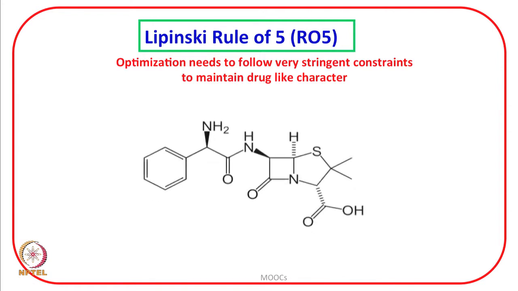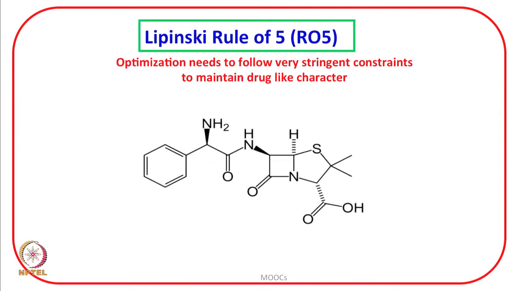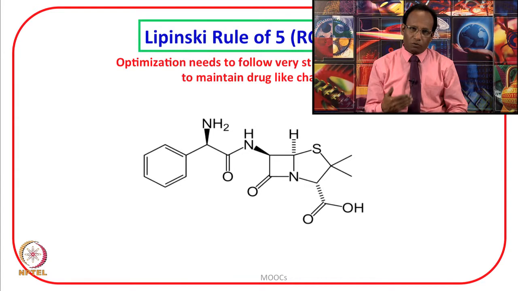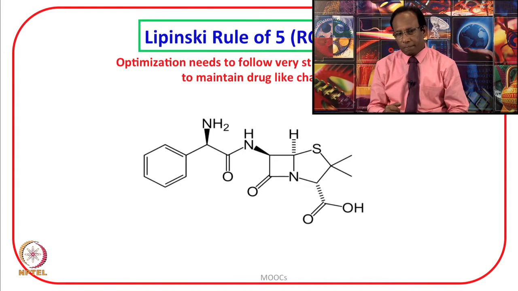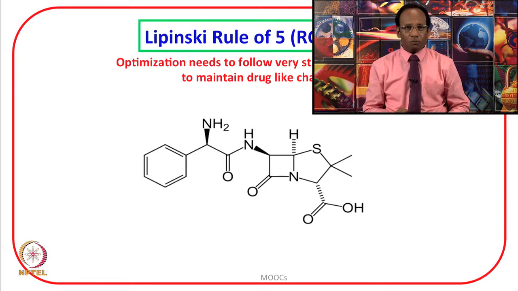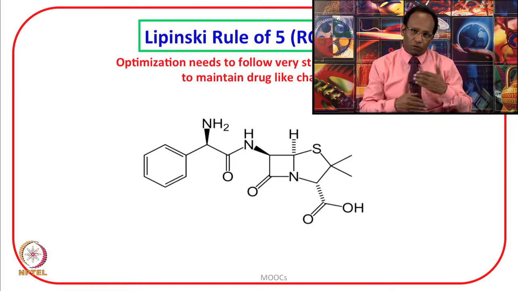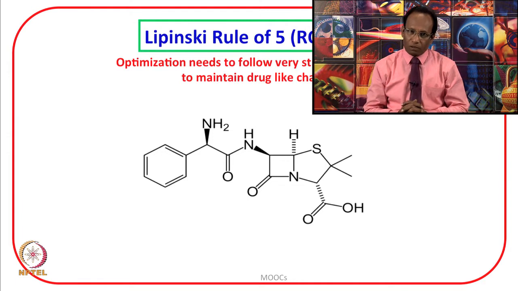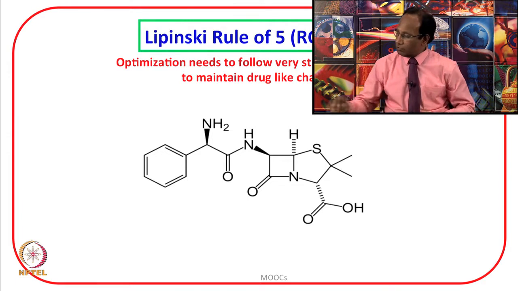And what are those? Suppose we want to optimize a molecule or come up with a new molecule which should be accepted as having drug-like character. And as I said, for a molecule to have good bioavailability, the stringent constraints are,